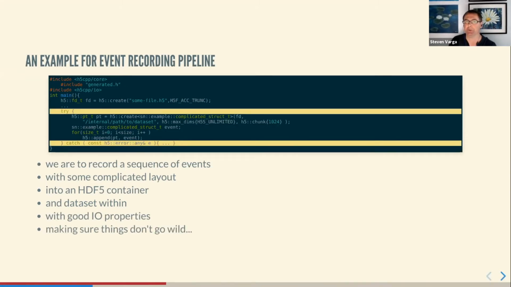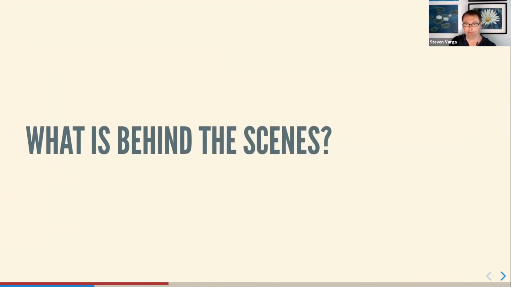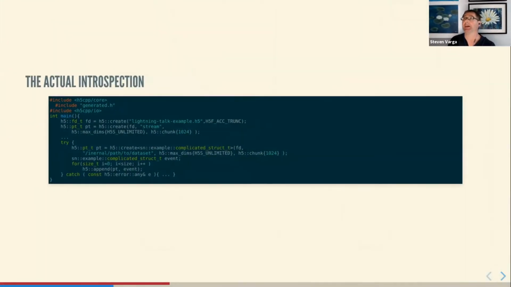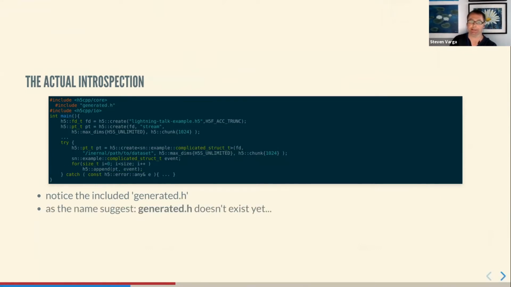And of course, if something goes wrong, you will be sure that it's still a handle. So what actually drives this behind the scenes? Introspection is currently not yet available in the C++ library, and in order to make this happen, one has to pull up the sleeves and get to it at a lower